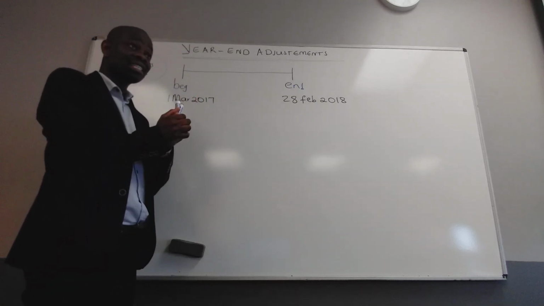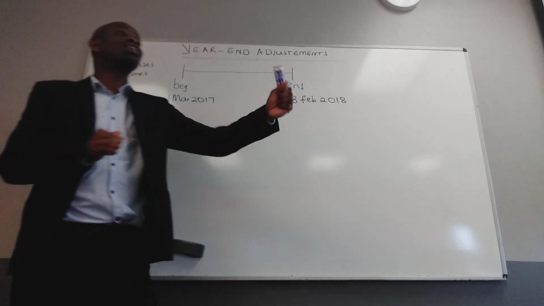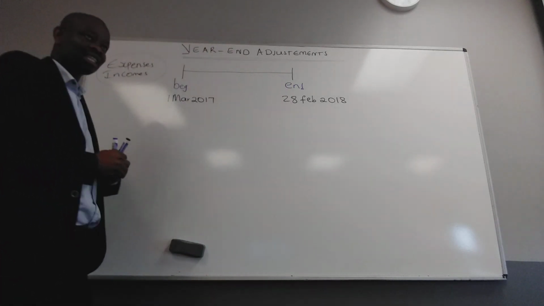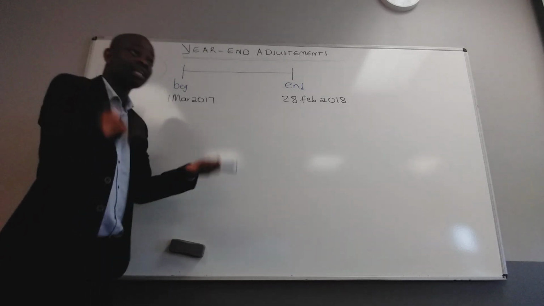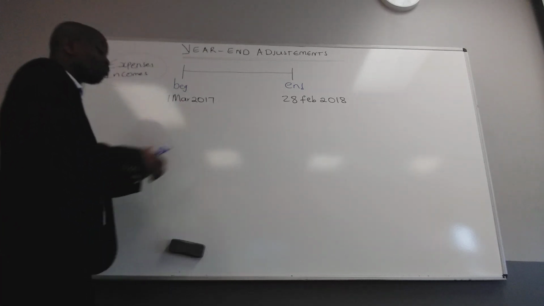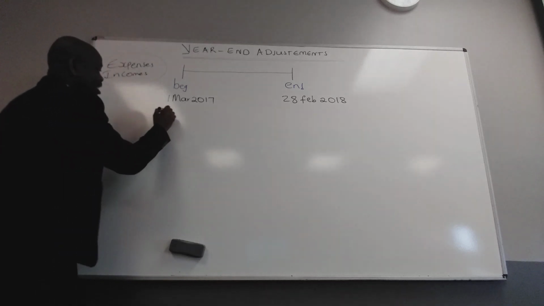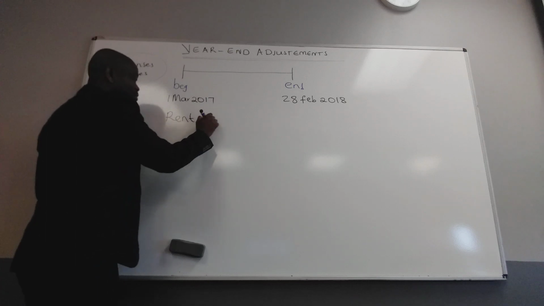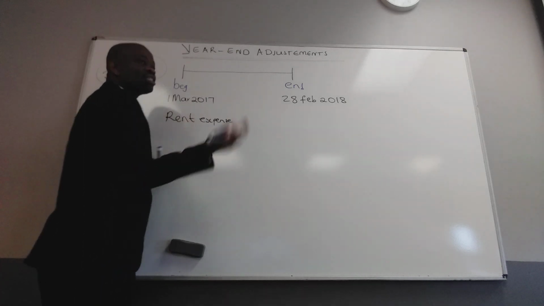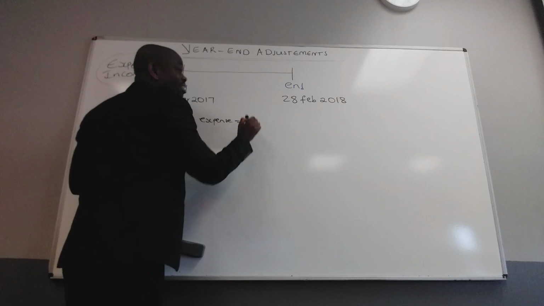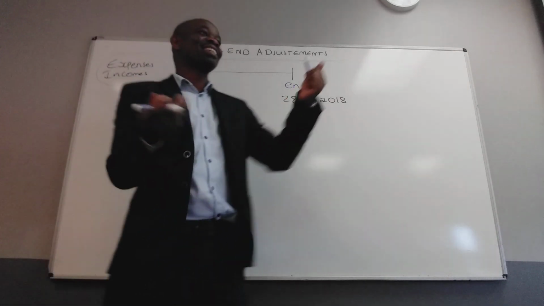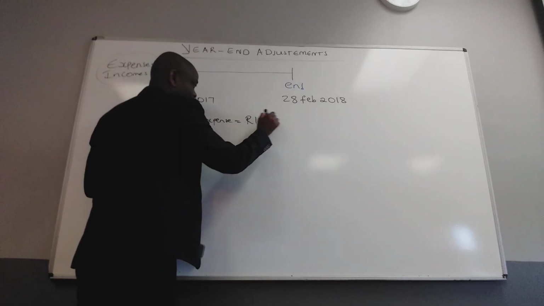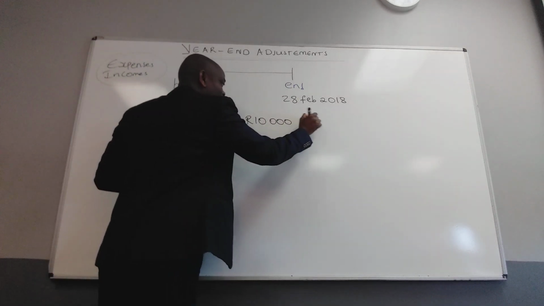What do we mean by saying adjusting? To adjust is either to increase or decrease, depending on the nature of that particular transaction. Let's take, for example, rent expense, because most of us can relate to rent expense. Let's say you are paying rent, here in Santinino can be very cheap. Okay, the cheapest I can say, let's say you've got a bachelor flat of 10,000